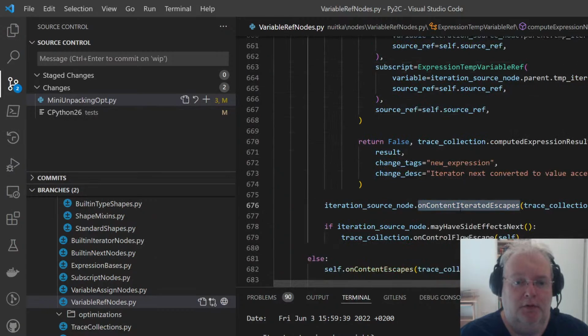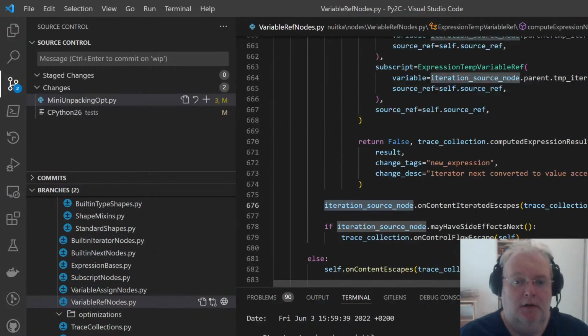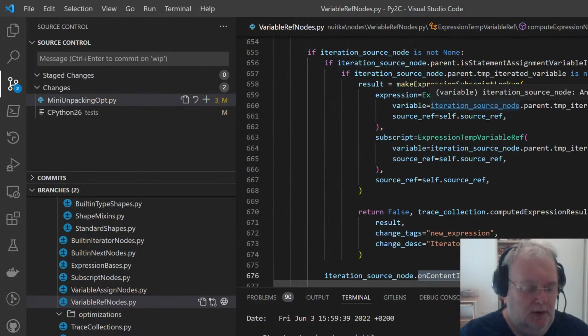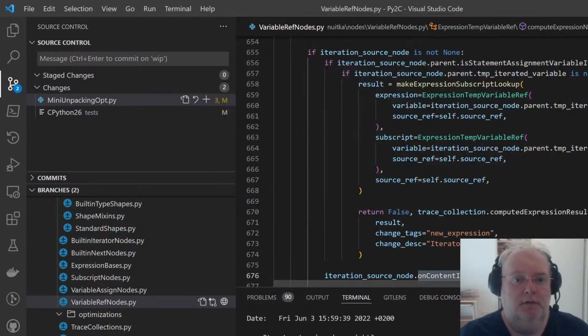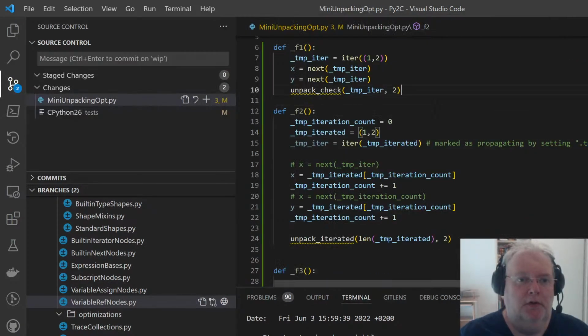Then, of course, if that didn't happen, the iterated constant escapes. So imagine this wasn't a constant, but there were some variables in there, and next would assign it somewhere or use it somewhere.